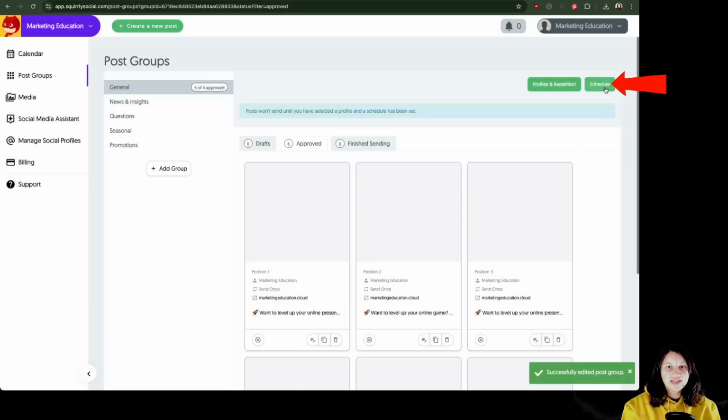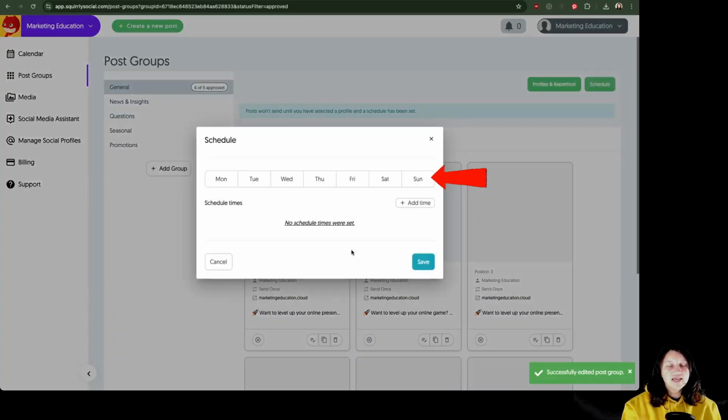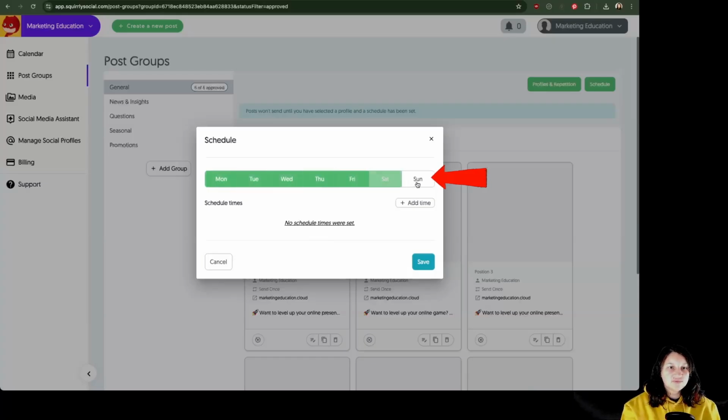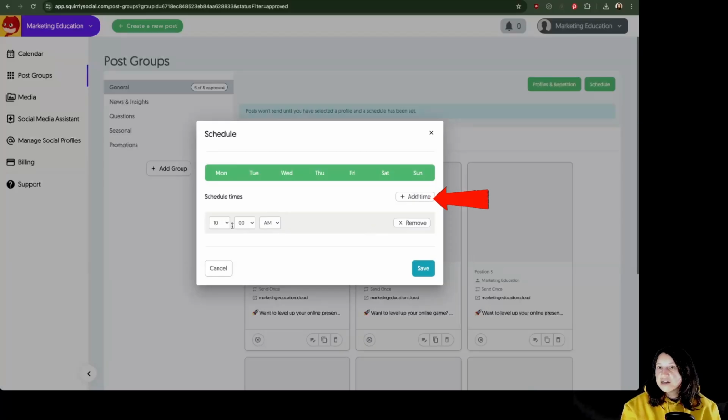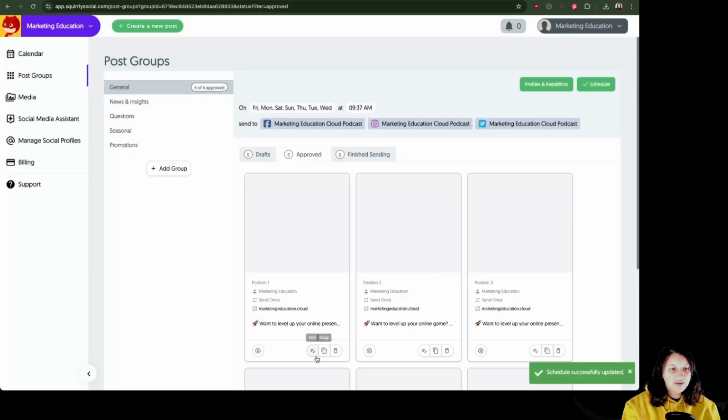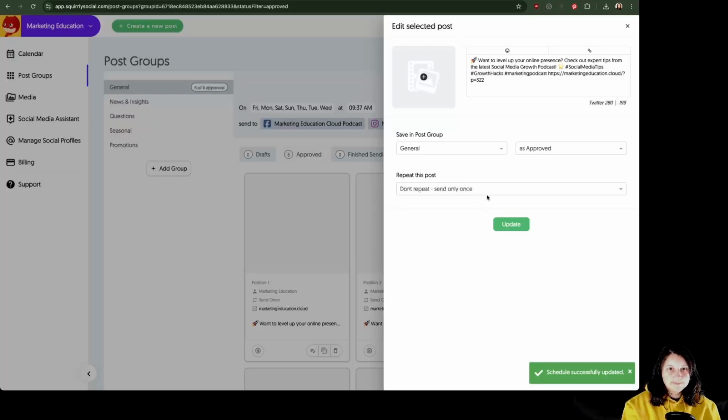Click on save, and then we have to go over here to schedule in order to choose when we want our post to go. So I'm going to select all of those and add a time that is relevant right now so we can make a test. I'm going to go more in depth about Squirrly Social in a different video, but this is just so you know that everything is working and everything is fine. So I'm going to save this. Okay, this should be fine for Twitter as well.